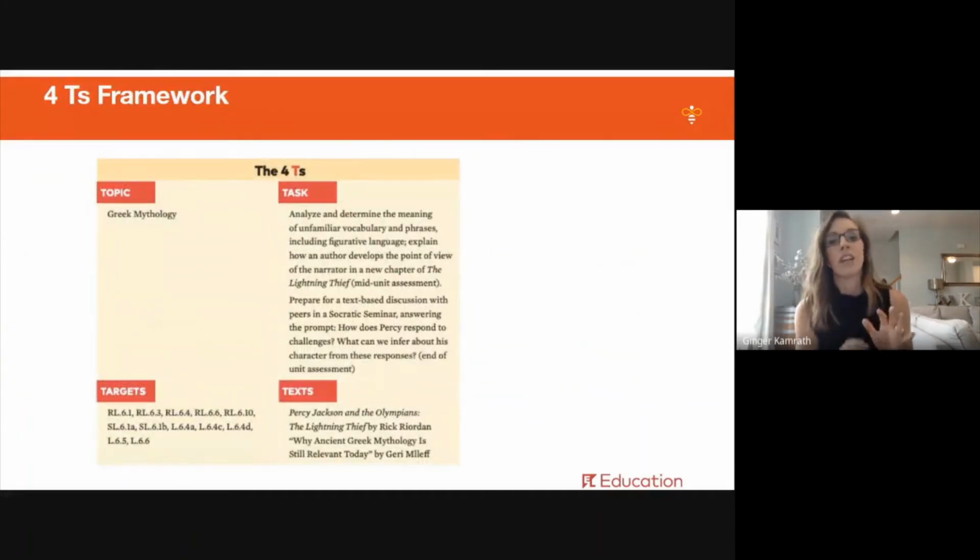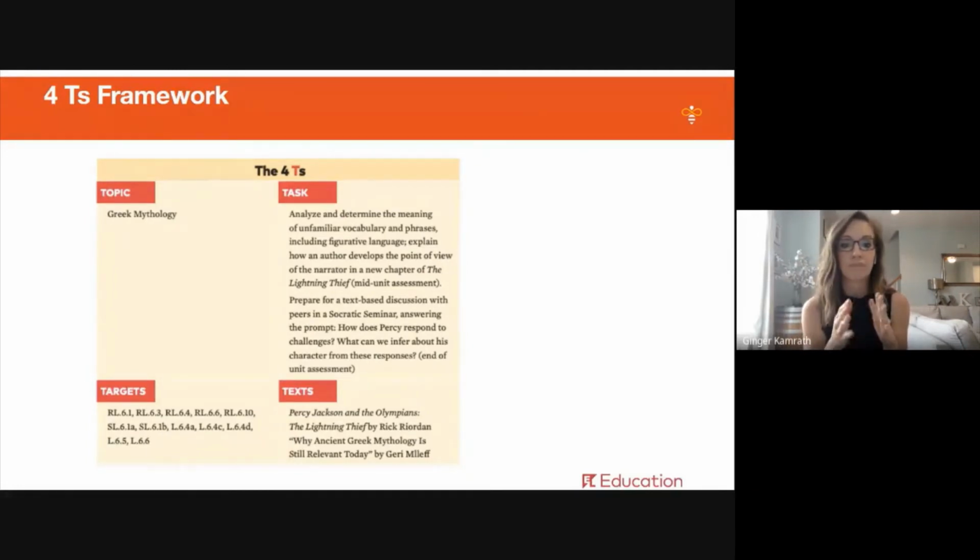The organization and cohesiveness of the modules and the units are very intentional, and they are designed to help students build on their learning and draw conclusions between the task and the titles that they're working with. So the 4 T's, topic, task, targets, and text, is the framework that drove the design of the module. They are highly interactive and interrelated, and they really work together at every level of the lesson as a whole, as a module, as a unit, and even for discrete lessons where they're really building upon one another and creating